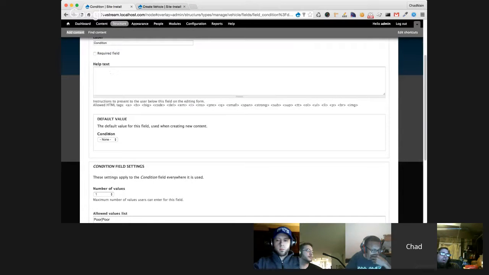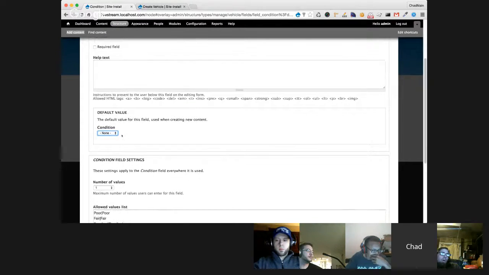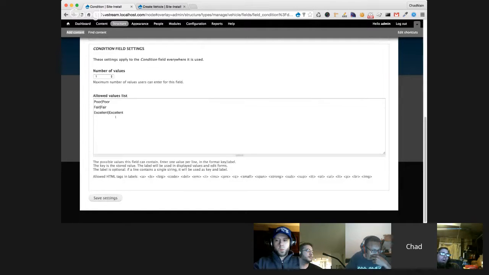And you can also set default values. This thing's a little bit tricky. See how it has poor, and then it has the divider here, or whatever you call that. You can actually change the key. It's kind of like a key value pair. So if for some reason you want these different, you can actually change the keys.